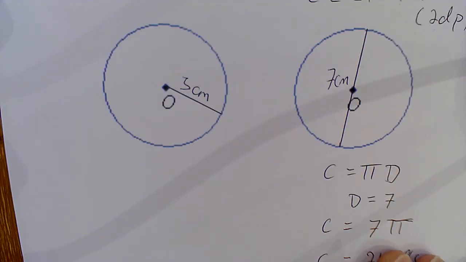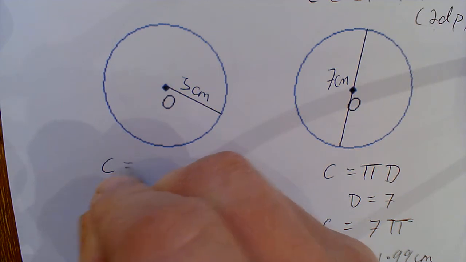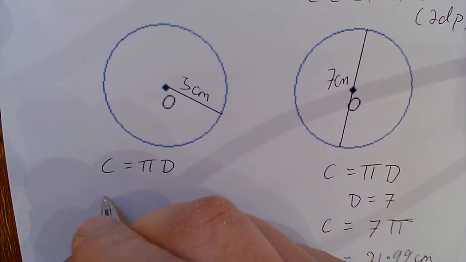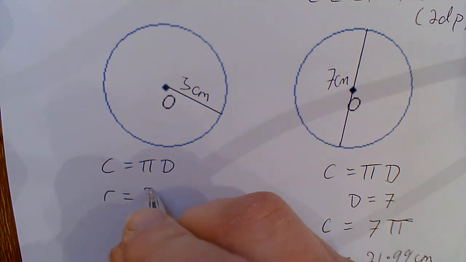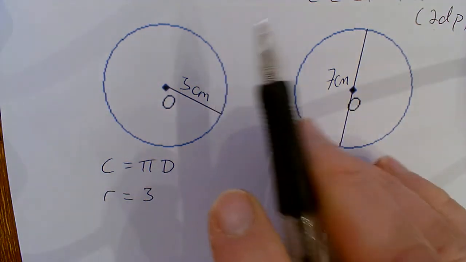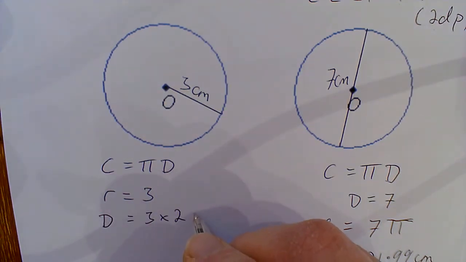I want to work out the circumference. Circumference is pi times the diameter. Here, I don't know what the diameter is, but I do know that the radius is 3. If the radius is 3, the diameter is twice that because of what we said earlier. The radius is half of the diameter, and so the diameter in this case is 3 times 2, which is